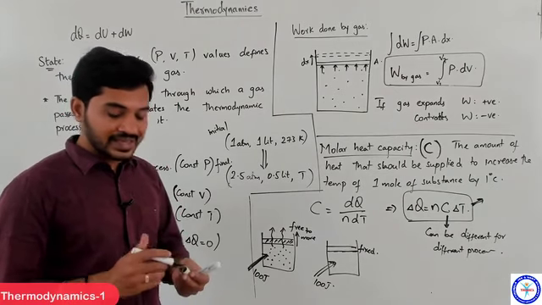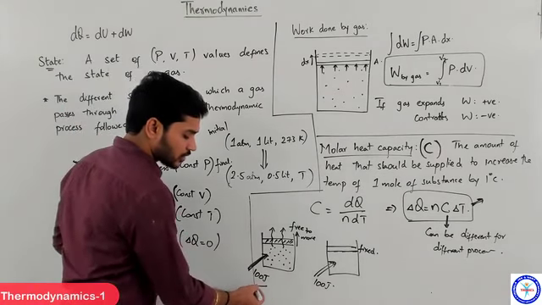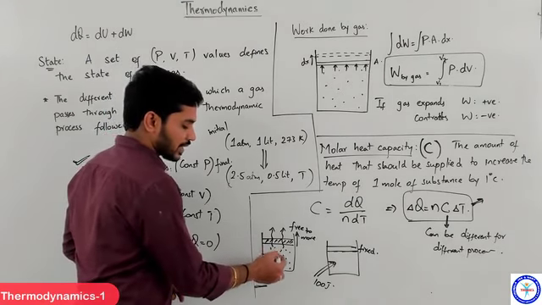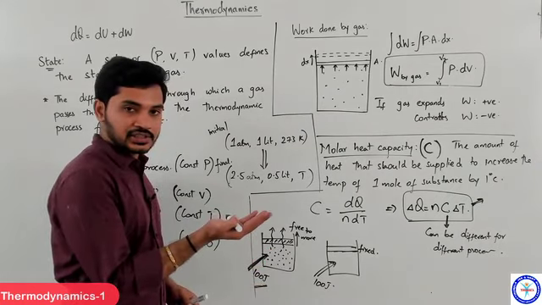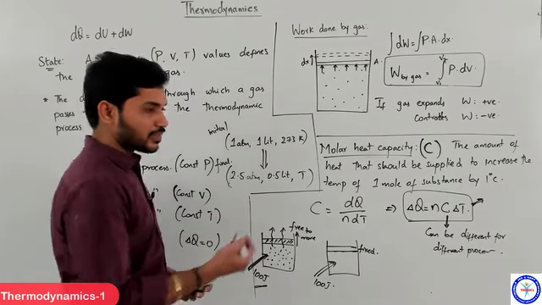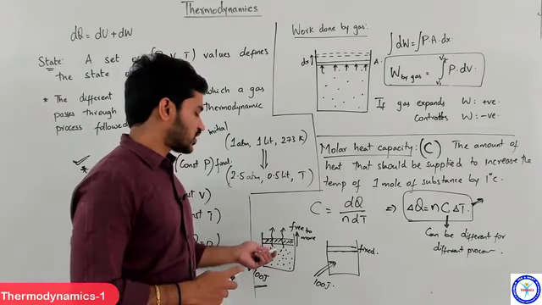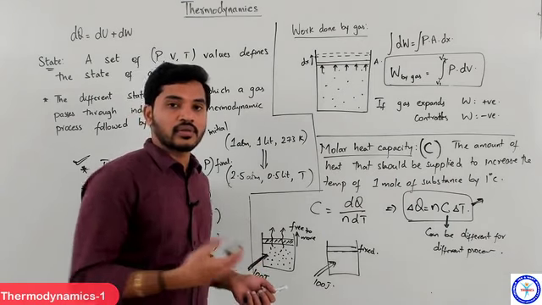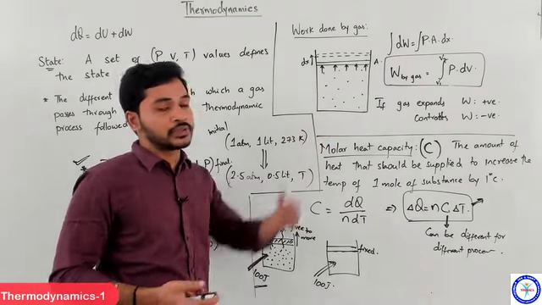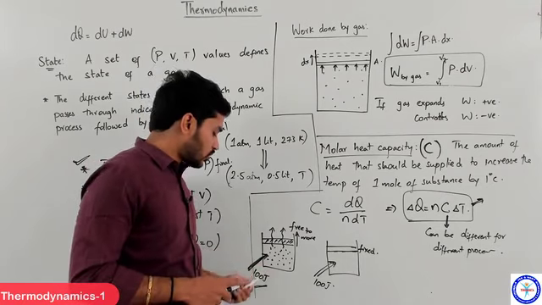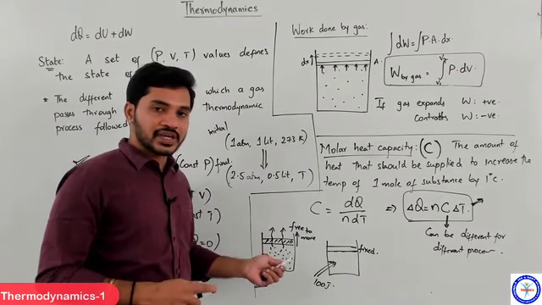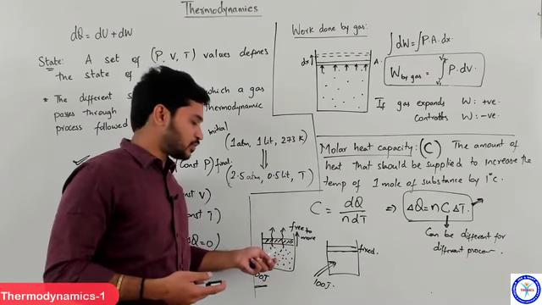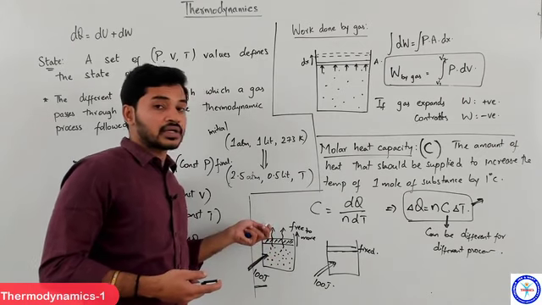So what might happen in this situation is that out of the 100 joules of heat that you have given, maybe 75 joules of heat was utilized by the gas to increase its internal energy, which means to increase its temperature. Maybe the remaining 25 joules of heat was given to the surroundings in the form of mechanical work, the form of force into displacement. Clear? So out of the 100 joules, the gas here is utilizing only 75 joules to increase its temperature, and 25 joules is being utilized to expand into the surroundings.